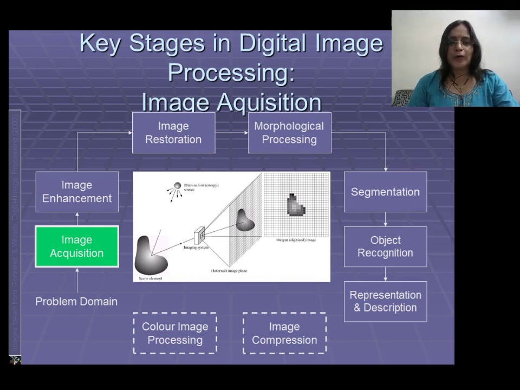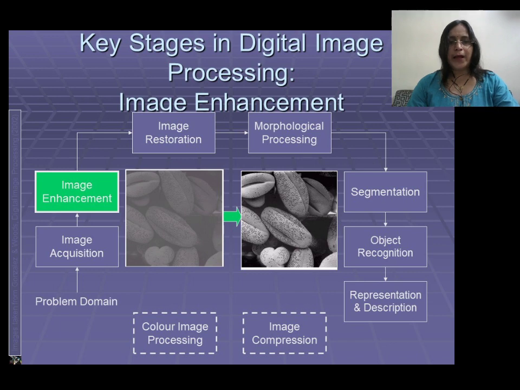Then we have to apply the different processing techniques on these images which are stored in the computer. The first technique is image enhancement. Enhancement, the word itself suggests that we are improving the quality of the image. Now this is a subjective criterion where the user decides whether the quality of that particular image is improved or not. So it is called a subjective criterion, where there is no scale to measure the performance of the image. Only the user decides that particular quality.